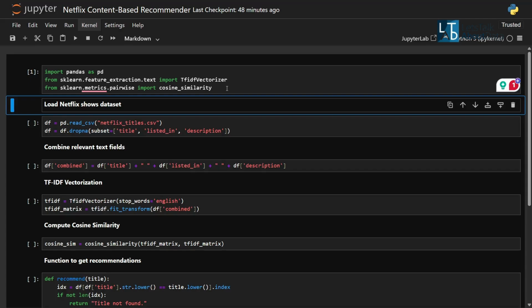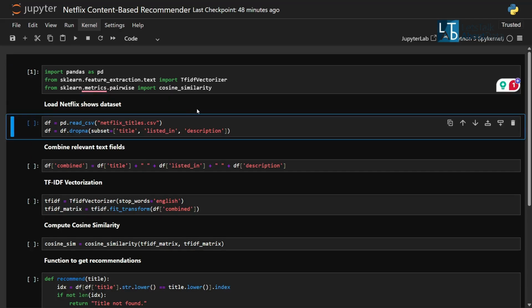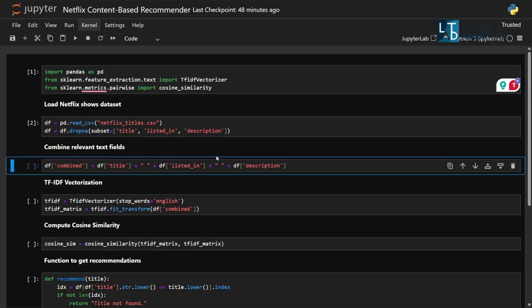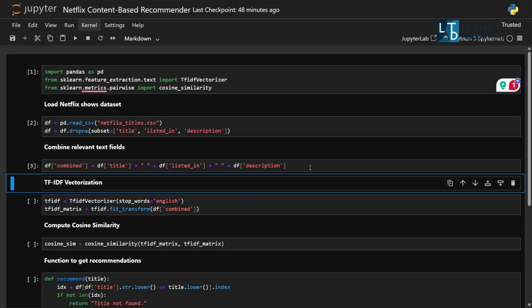Load Netflix shows dataset. Combine relevant text fields. TF-IDF vectorization.